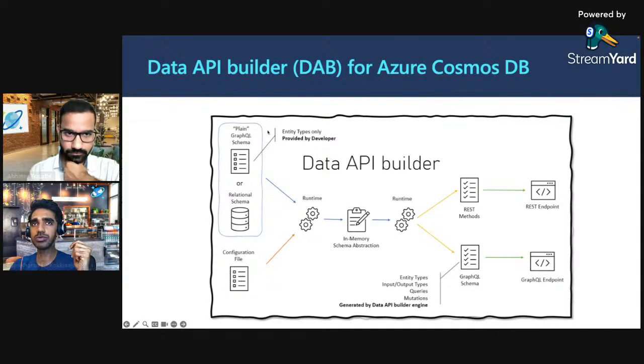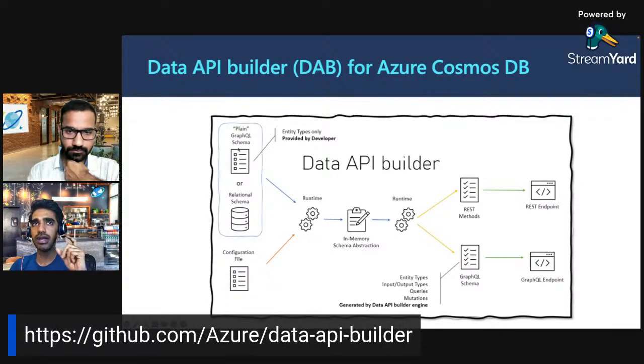Once these two files are provided, and this schema file is applicable to the NoSQL API on Cosmos DB, because as you know, the NoSQL API on Cosmos DB is schema agnostic, we are letting the developers provide the schema file and what they want to expose through the GraphQL endpoint.